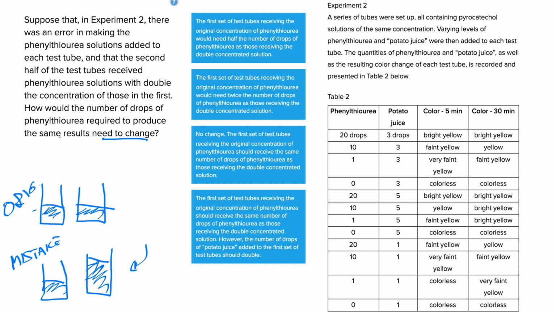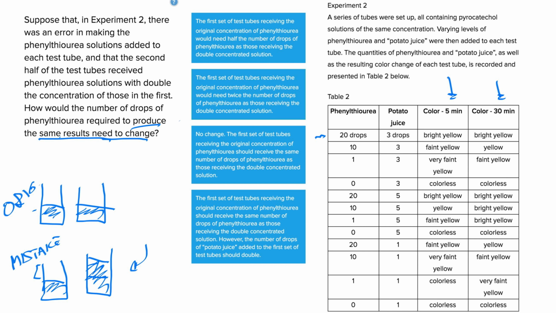we have double the amount of the phenolketonuria in the second beaker, maybe we just need to remove half of it, or maybe we just need to increase this one by 2. But maybe all they're saying is we want it to produce the same results. Maybe we don't actually need to do that. So let's go ahead and check out our answer choices to see whether or not these changes produce the exact same results after 5 minutes and 30 minutes